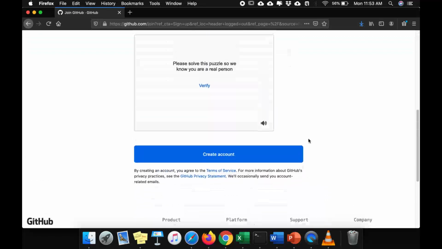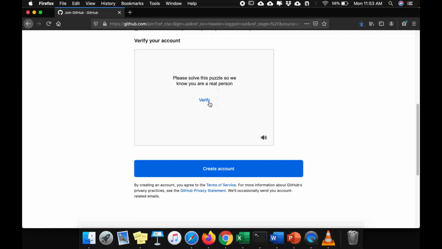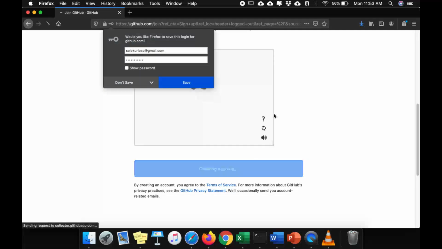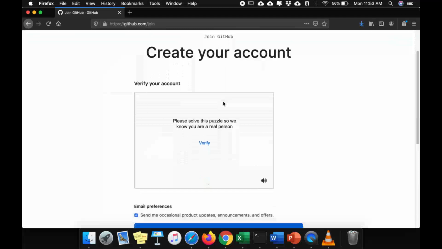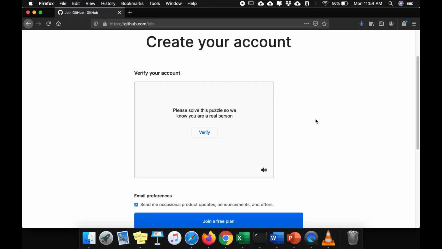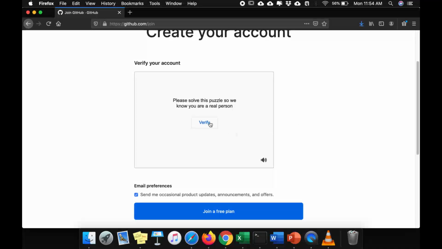After we have done all this, it will ask us to verify by solving a puzzle game. Done. Now we can click on create account. Now as I clicked on the create account button, it took me to another page where it asked me to verify again if I am a human or not.